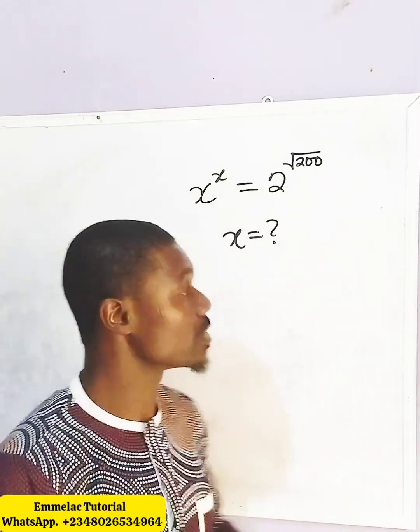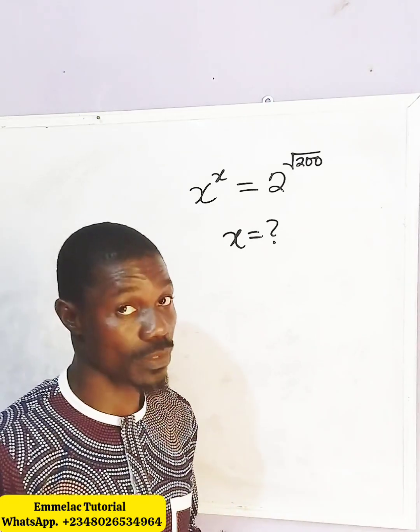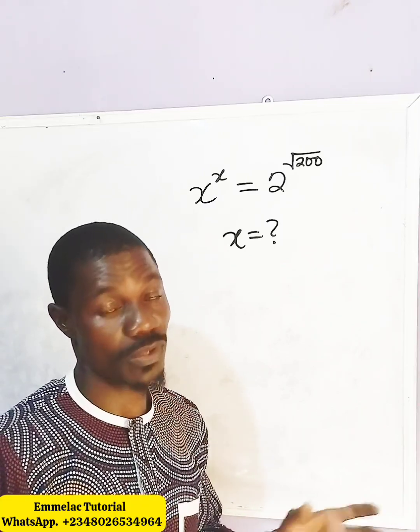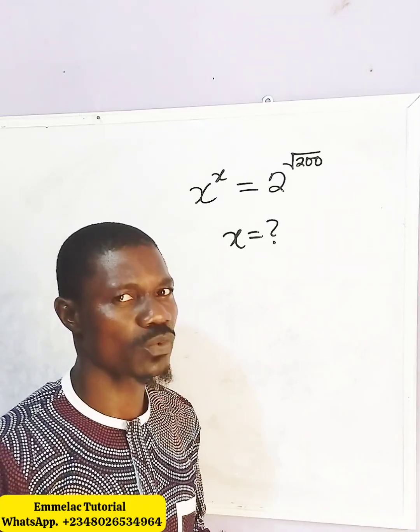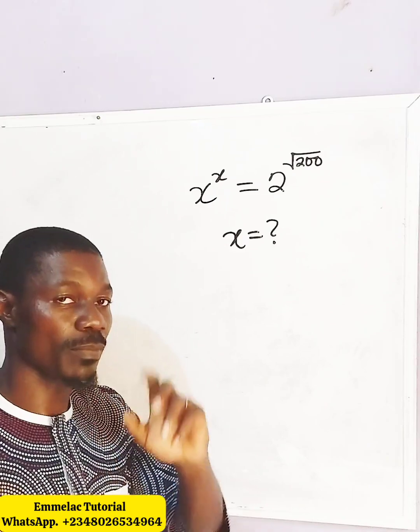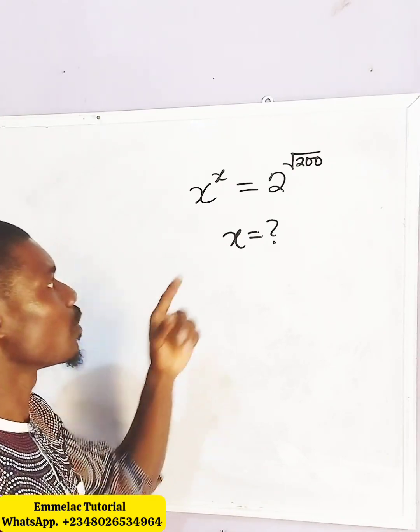And before us is this question: x raised to the power of x equals 2 raised to the power of the square root of 200, and we are told to find the value of x. How do we go about it? Now, looking at the left hand side, you get to see that we have x raised to the power of x, which implies